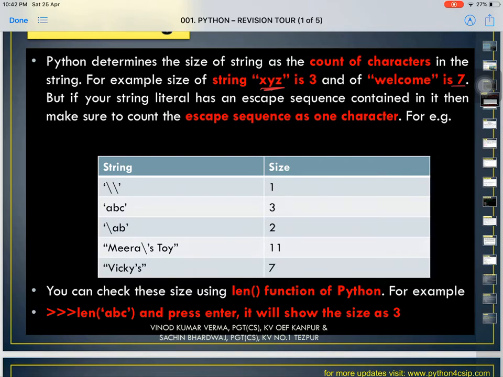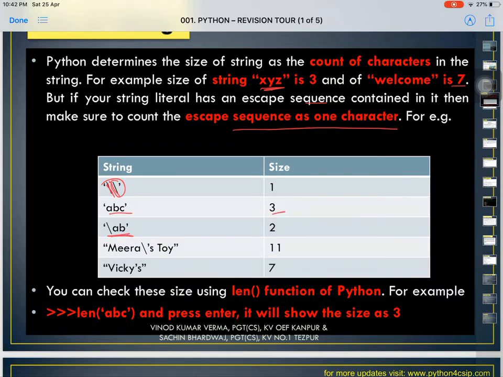But if your string literal has an escape sequence contained in it, then make sure to count the escape sequence as 1 character. For example, see here, if I say backslash and backslash, so backslash is basically used as an escape sequence to negate the literal meaning of this backslash. So, this will be counted as 1. ABC is counted as 3.